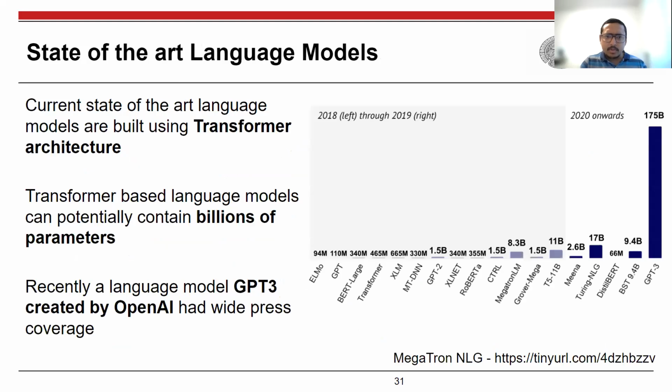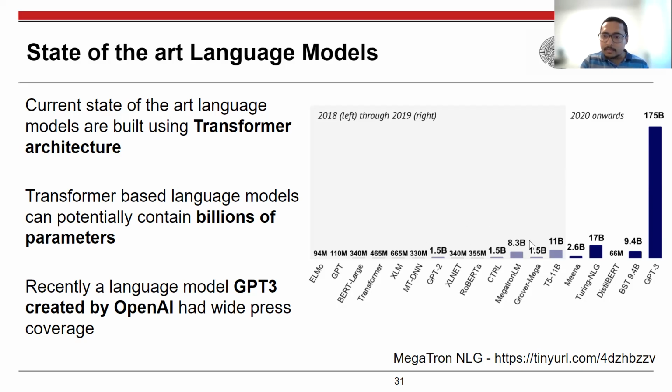Right now, this kind of RNN models has been removed, or not removed, I will say, but to some extent the RNN models have been replaced by something called the transformer architecture. This particular architecture has replaced RNNs in various kinds of real world NLP tasks, and you can see that these models actually contain billions of parameters. RNNs had way fewer parameters, whereas these models have billions of parameters.